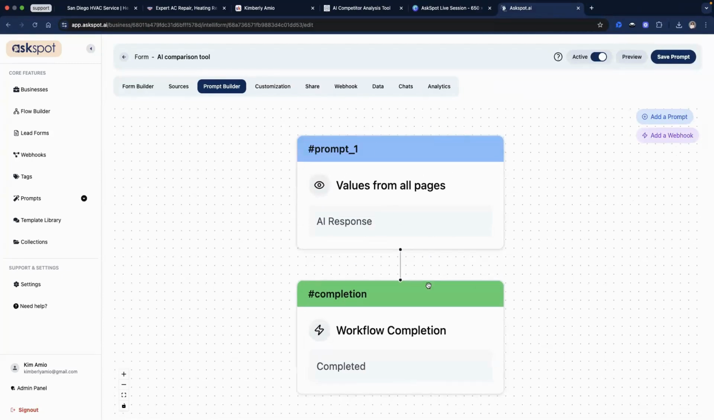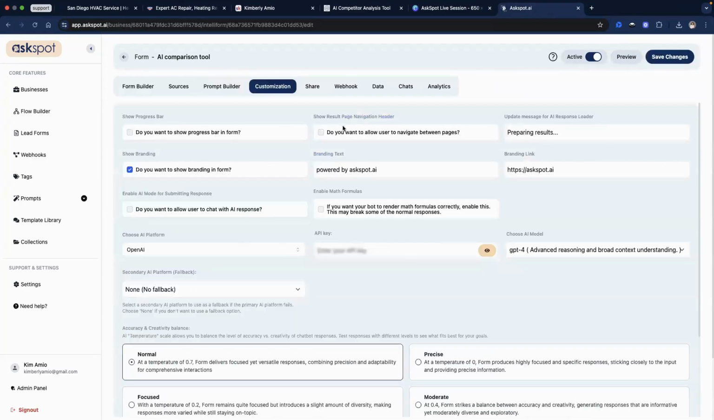All right. Now that we have added our prompt, let's just polish the user experience a little bit. Over here on the customization tab, let's see, preparing results. That's the AI response loader that they will see. So let me just change this to preparing strategic analysis, okay? And save that. Next, do you want to show branding, form powered by Asphalt? Let's just say powered by free AI tools right there. Then you can just put your